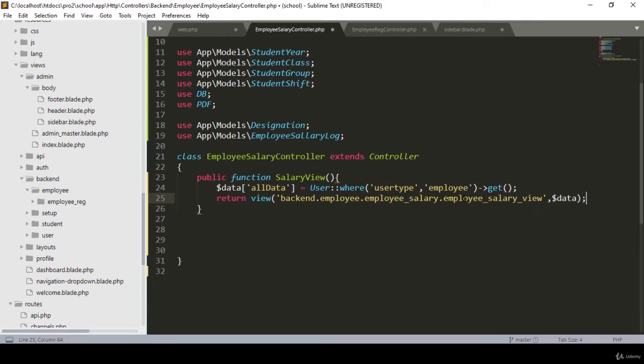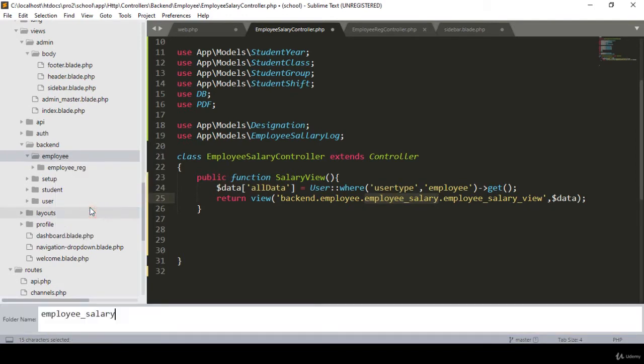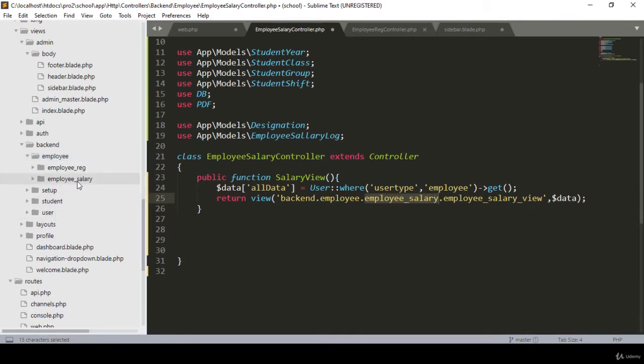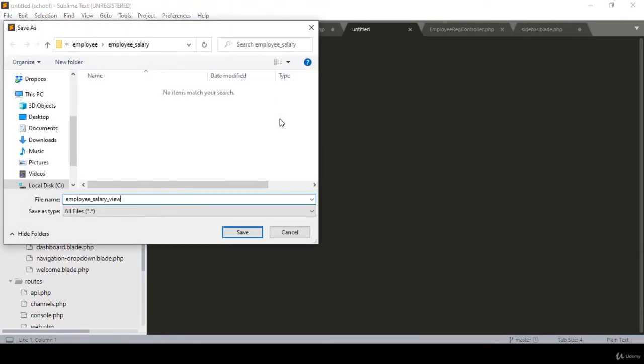So right now we have to create this folder as employee salary folder in our employee folder area. That means that is our employee folder. First work we have to create this folder as employee salary, and into the employee salary I want to create this file as employee salary view. So that will be one of the file. I open it. Now click save as, and I name it as employee salary